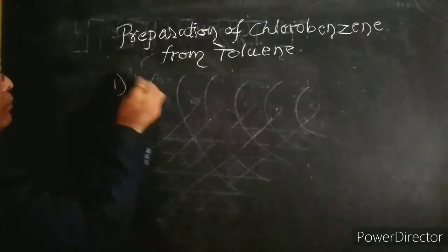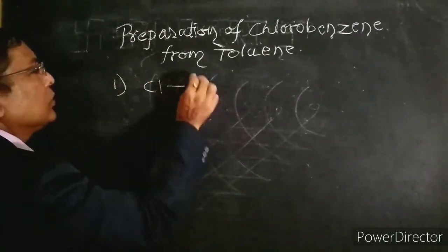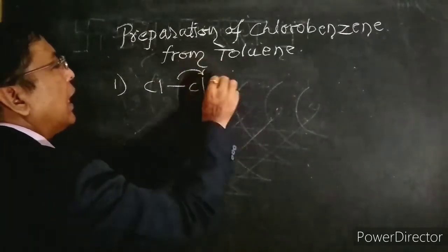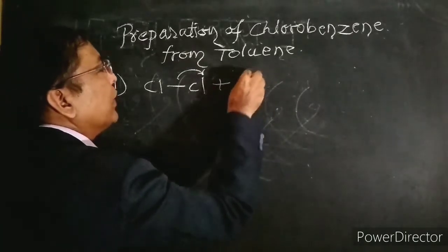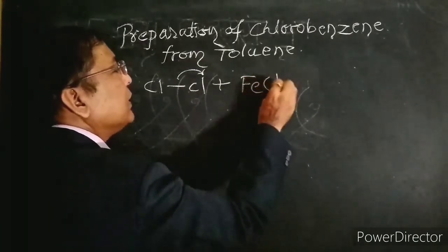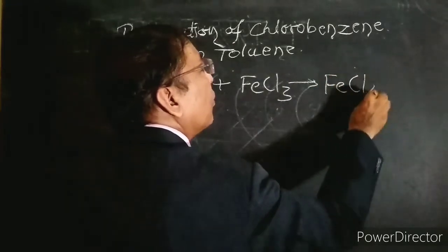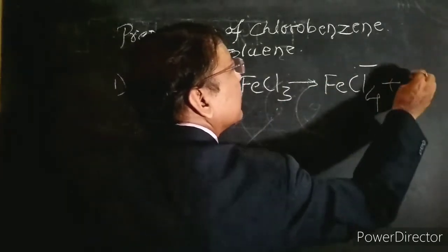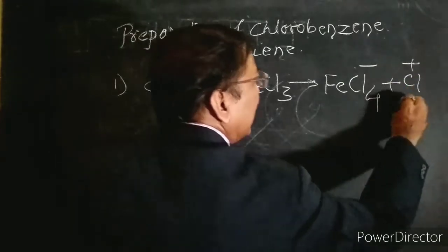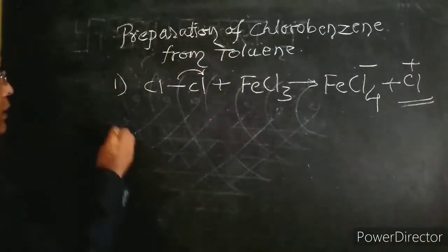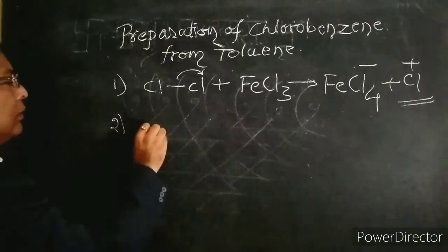In the first step, chlorine undergoes heterolytic fission and reacts with FeCl3, and it gives FeCl4 minus plus Cl plus. The electrophile is generated. In the second step, the toluene